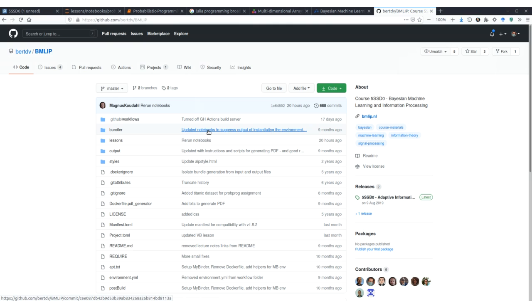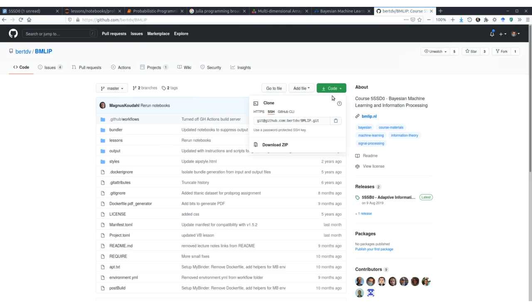If you're unfamiliar with Git, yes, you have to download the package and then unzip it and then work from there. This is not a course on Git, so if you're already familiar with Git, just use your standard workflow. If you're not, then do the download thing. And it's described in this first video on